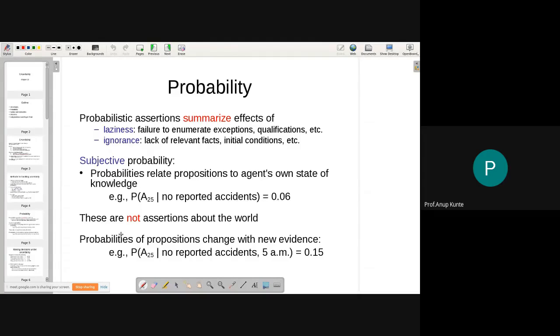So the assertions or logical representations which use probability for understanding how probable or how true a particular fact is. Now, for instance, what they're writing here, P(A25 | no reported accidents) = 0.06. Now, if you see the example before, we were saying that P(A25), the probability that I reach the airport if I start 25 minutes early to my plane time,